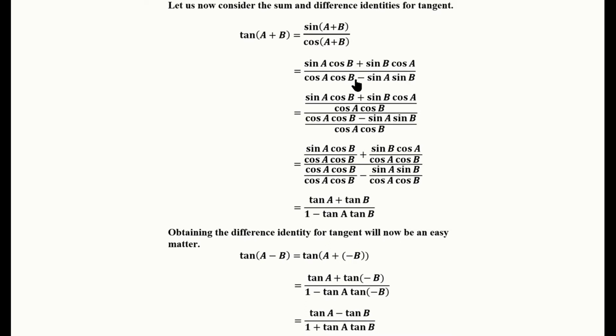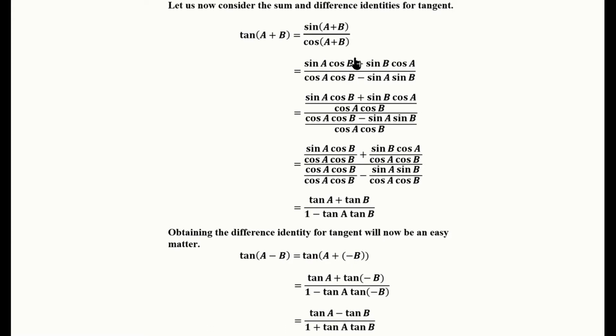everything is in terms of sines and cosines. Since we're trying to come up with an identity for tangent, wouldn't it be nice if we had some tangents instead of sines and cosines? Of course it would, right? So what we'll do is we notice that if you just focus on the first term, you'll be able to come up with what you need to divide the top and bottom of this fraction by. To get a tangent out of sine a, we would have to divide it by cosine a, right? But